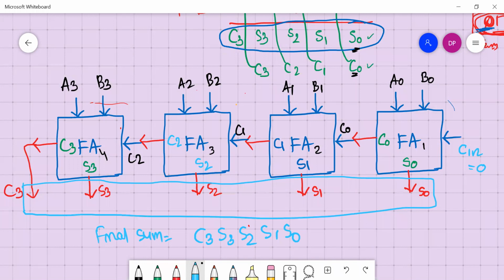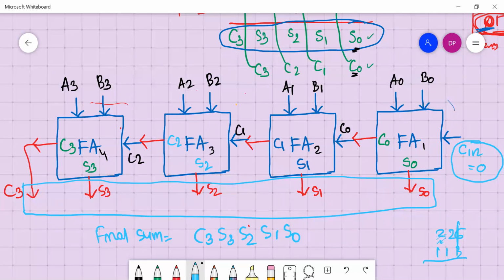A full adder requires 3 inputs: 2 regular inputs and another one is the carry of the previous sum. For the first one, the carry of the previous sum is 0 because this is the first sum. Let's say you are adding 3 and 2, and 6 and 2.